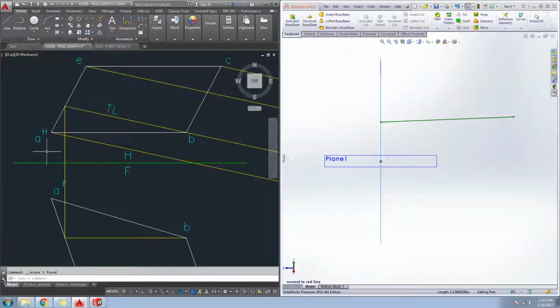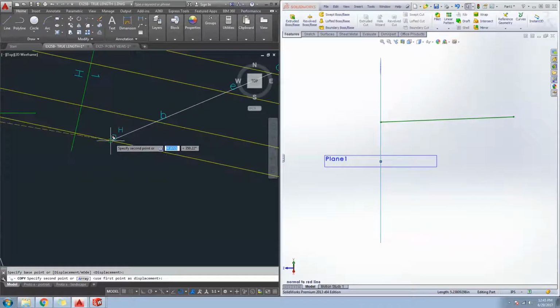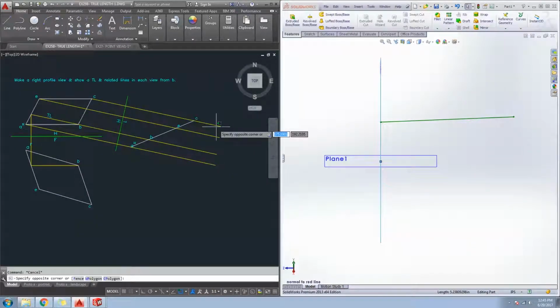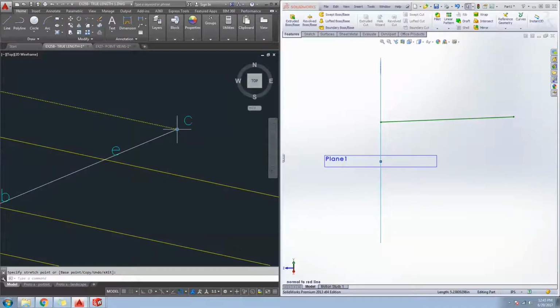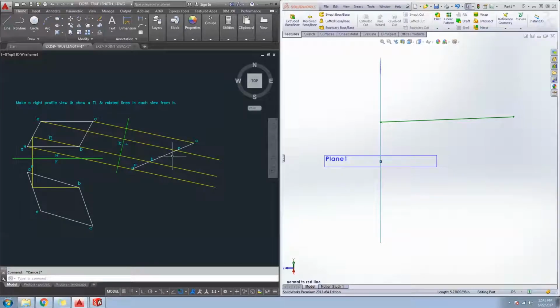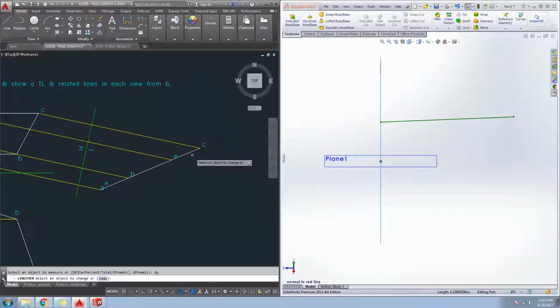So let's not cheat. Let's make sure you guys are getting a quality instruction, some quality examples. In fact, actually, we'll just trim and then just cut those guys out. And the last thing for us to do is clean up, so take lengthen, dy, turn off my O-snaps, and